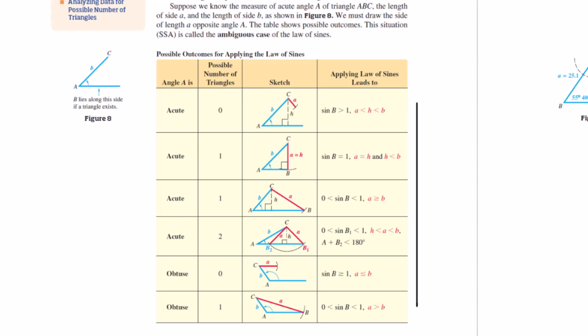When you've got the side-angle condition, you realize you've got two side lengths and the angle is not sandwiched between those two side lengths. There are 6 scenarios, and you can see the number of possible triangles. You could have none, where it's not possible, only one triangle, or 2 triangles. There's actually only one specific case where you have 2 triangles come out of it. Everything else is either one triangle or no triangles. Okay, so